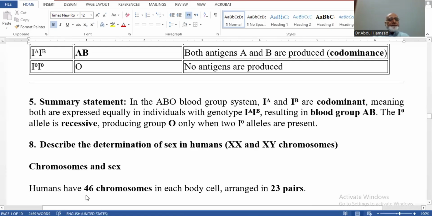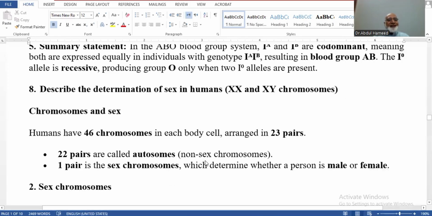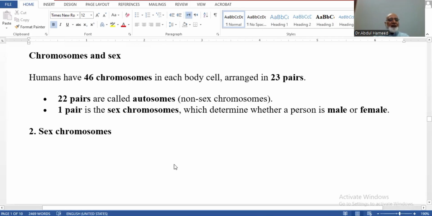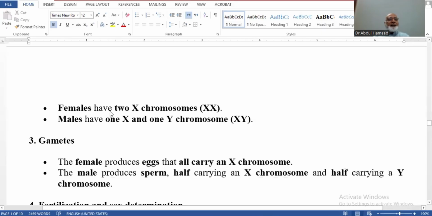Then comes the eighth subunit. Describe the determination of sex in humans, the XX and XY chromosomes concept, chromosomes and sex. Humans have 46 chromosomes in each body cell, arranged in 23 pairs. 22 pairs are called autosomes because they are not sex chromosomes. One pair is the sex chromosome because it determines the sex or gender of the individual, maleness or femaleness. Sex chromosomes: females have two X chromosomes, which are XX, and males have only one X and